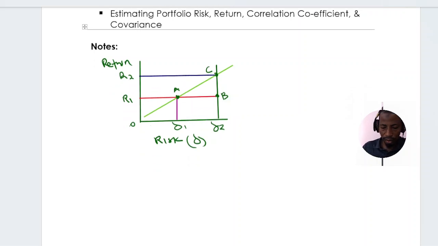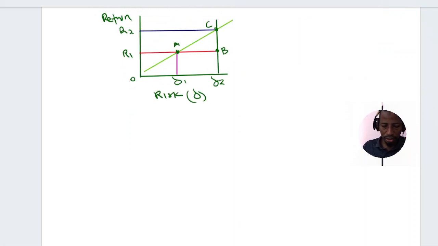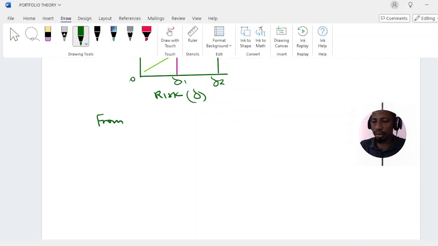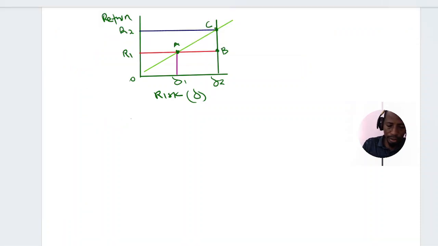Okay, from the graph above, let me use another color to do that. Let's use blue. Okay, from this graph,